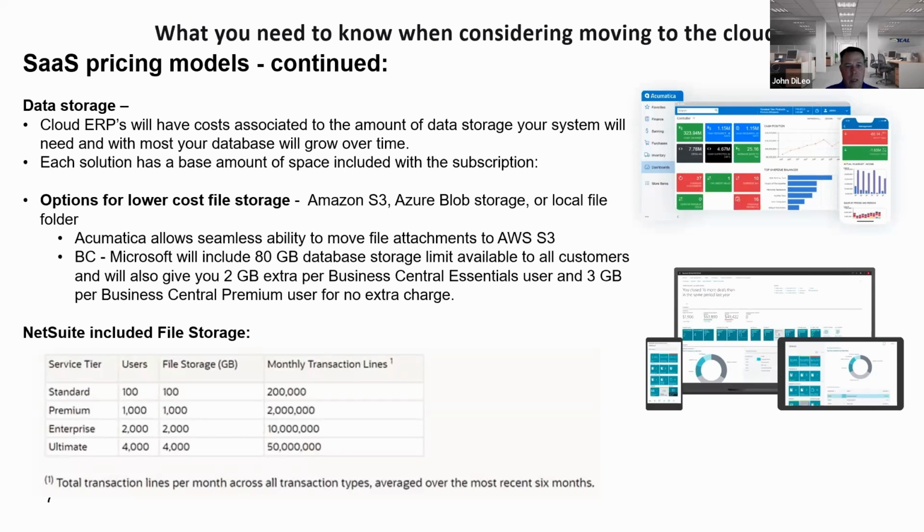So in Acumatica's case, it does not. If you want to do an upgrade to the latest version, you would request a sandbox. It doesn't count against your storage. With Microsoft, the sandbox does count against your total overall storage. So if my production database is 60 gigabytes and I only have 100, I can't request a sandbox until I